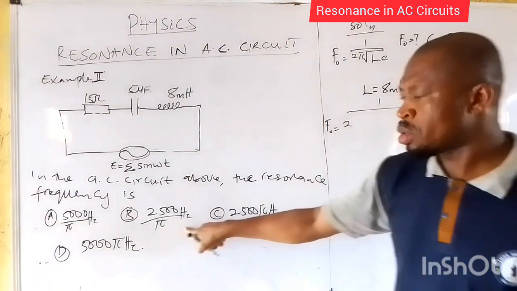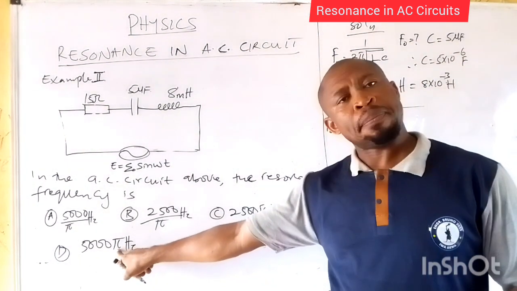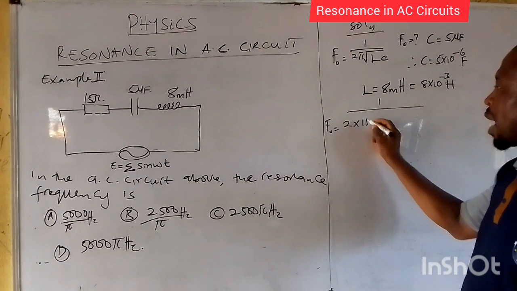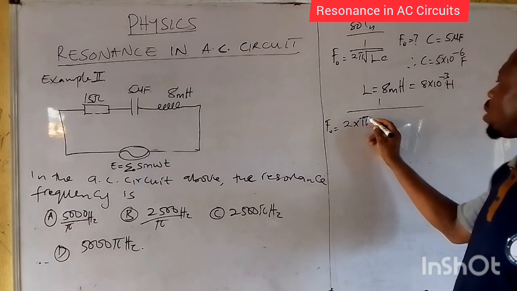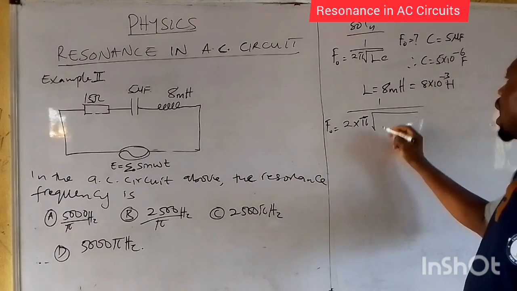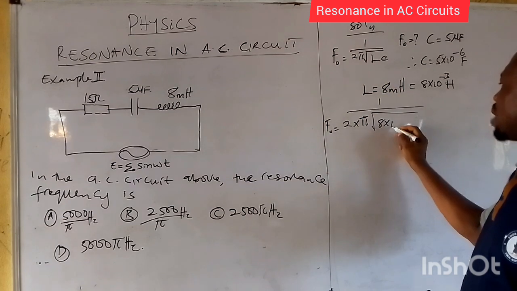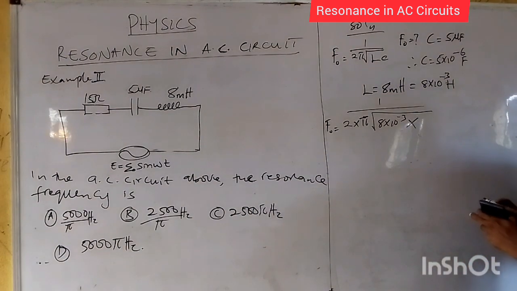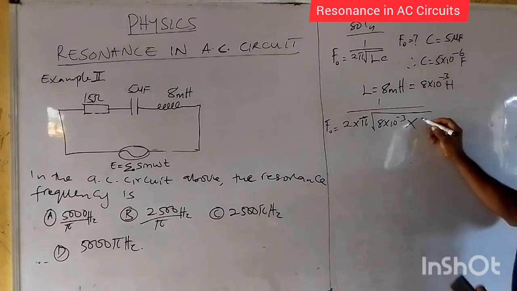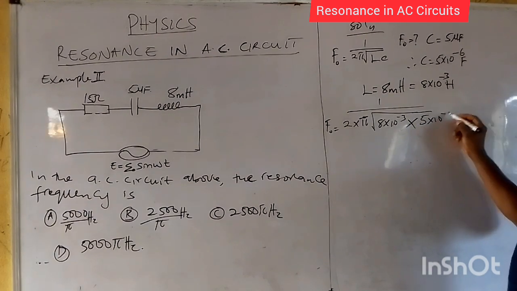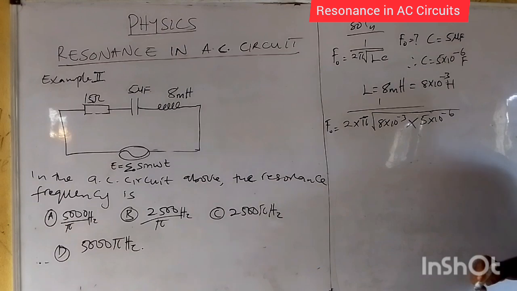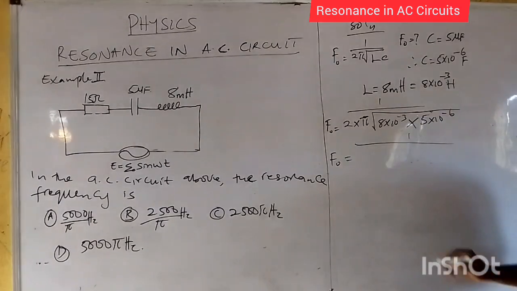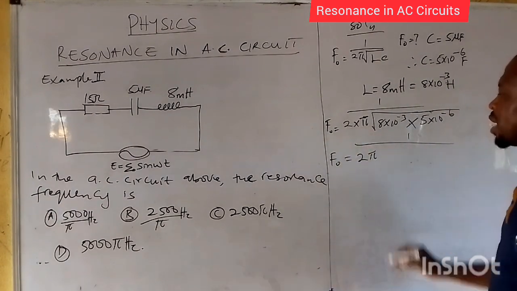Of course, because it is an equation where pi is given, you don't need to substitute the value of pi. You multiply by pi here, which will now give us root of L times C. L is 8 times 10 raised to the power minus 3 multiplied by C, which is 5 times 10 raised to the power minus 6. Now, since it's like this, we have F naught is equal to 1 over 2 times pi, which is 2 pi,